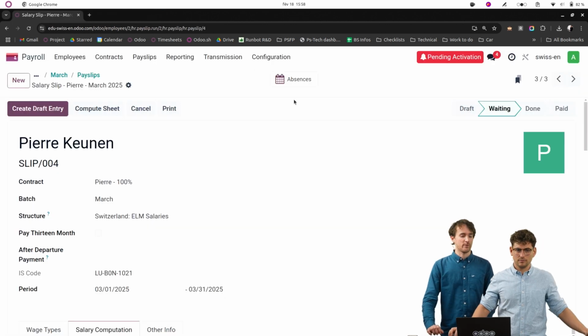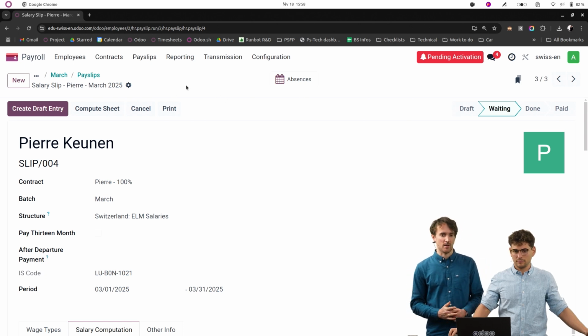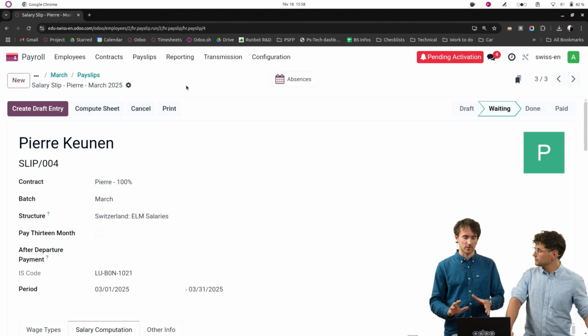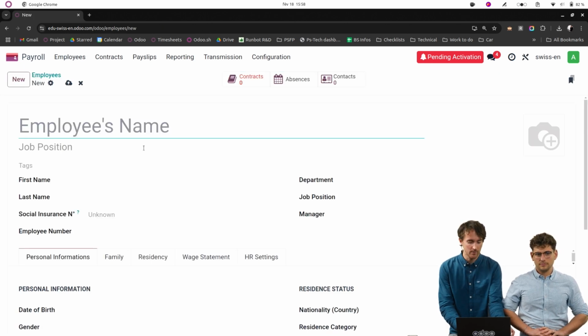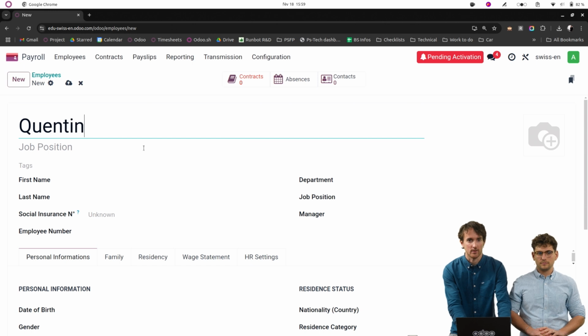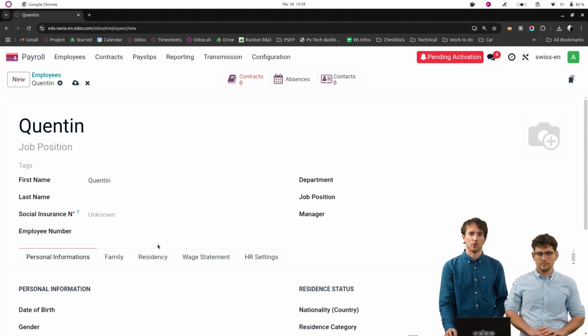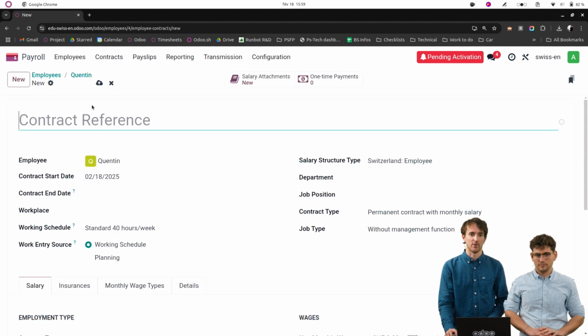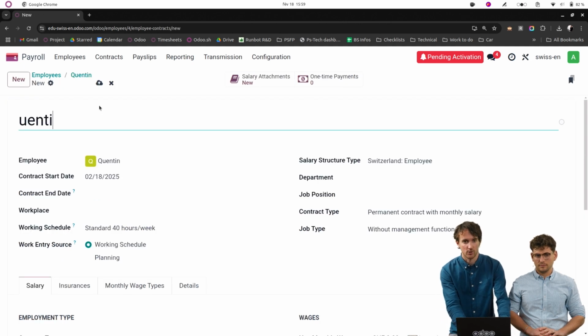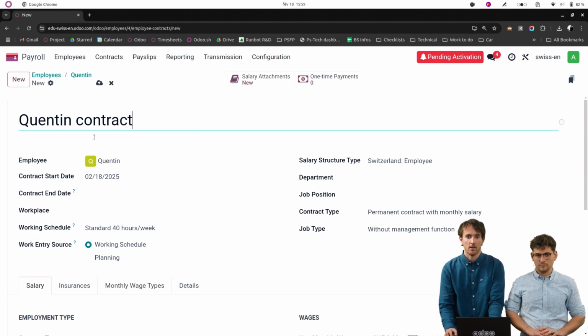Indeed, yes. So pretty fast and pretty straightforward as a workflow. Maybe, as you said about the warning, just to show exactly what it looks like, but not to go into too much detail. Indeed, if I decide to create a new employee here, and let's say I go a bit too fast and I don't provide all the needed information in the following tabs that as we saw just before, as long as I start with a contract for this employee and I try to generate his payslip,